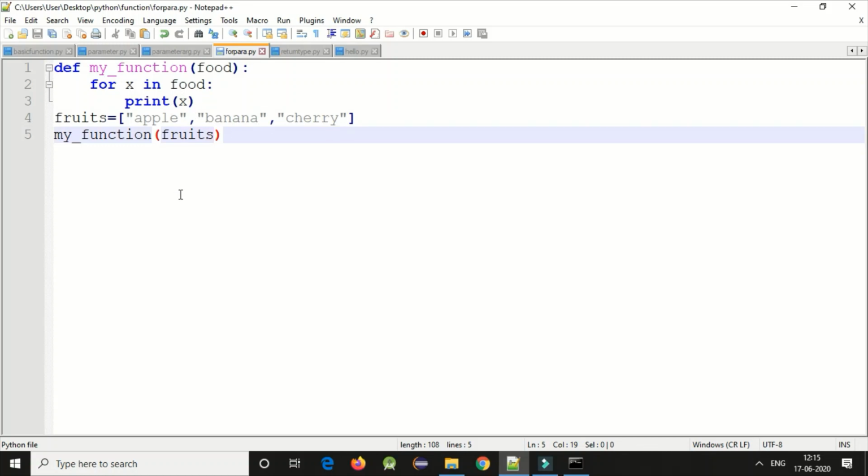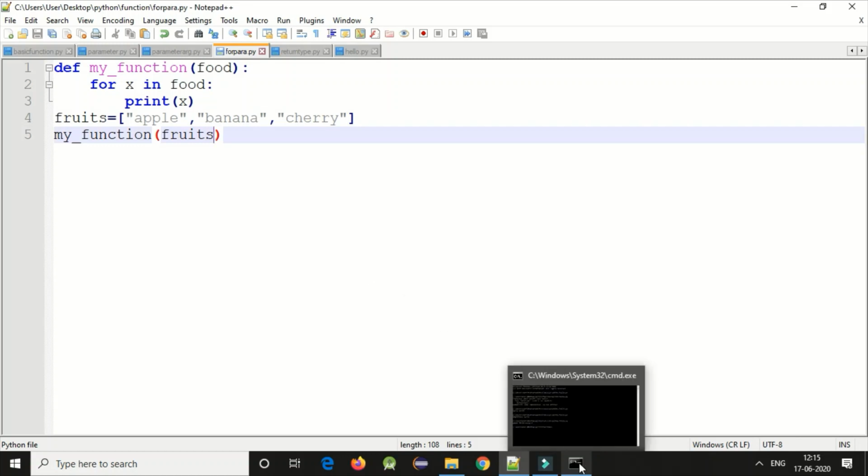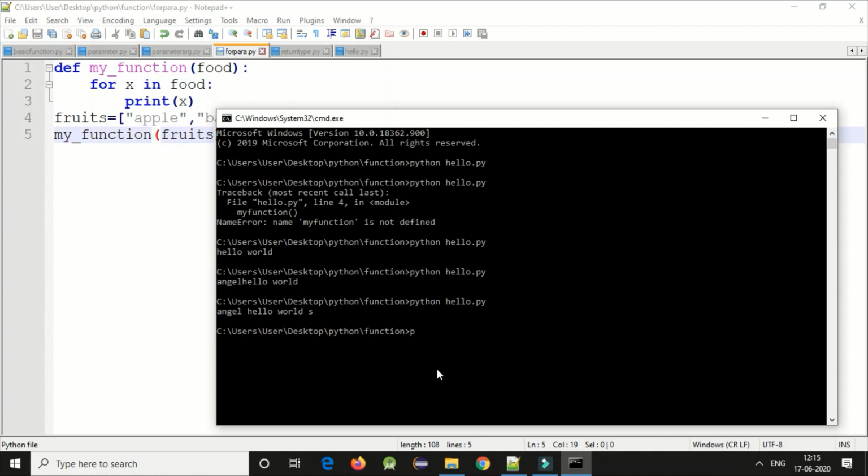So let me run it and show the output. Python for.py. Okay, see, these are the values which the fruits list contains.